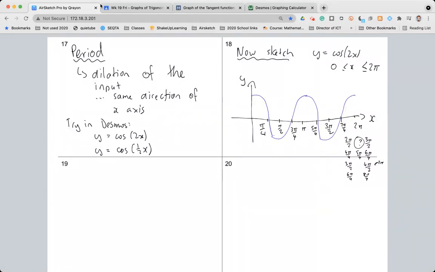So that's how we work out our midpoints. It's a bit tricky, isn't it? But it's not too bad. Let's do it again. This time let's do y equals cosine of a half x. And because it's going to be a bit yucky if we don't, I'll just make it between 0 and 4 pi. Draw my graph in,